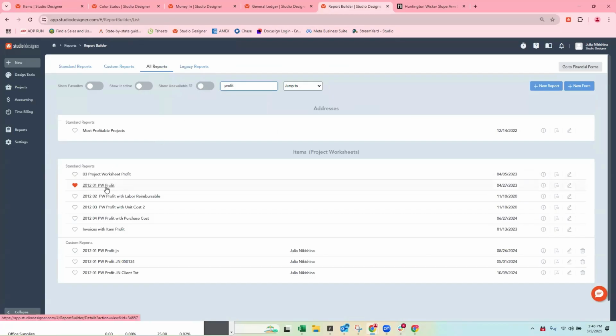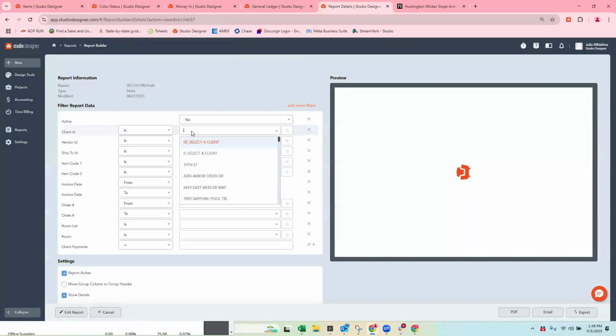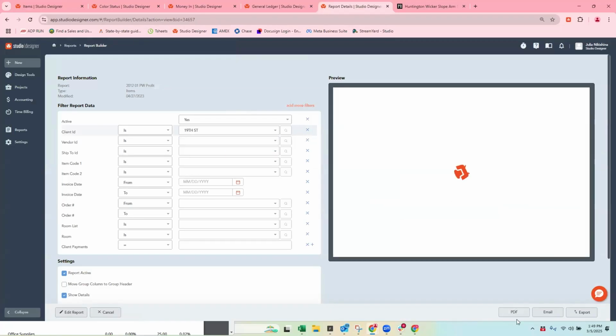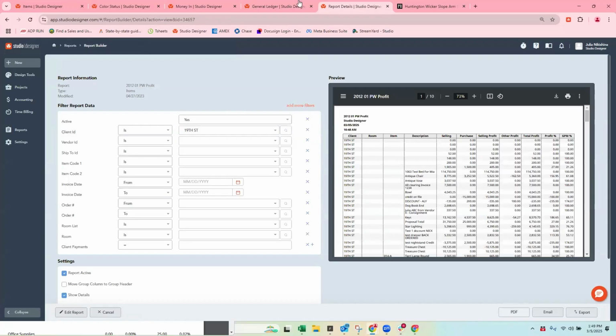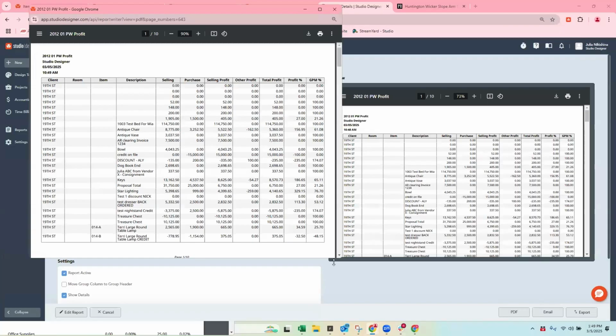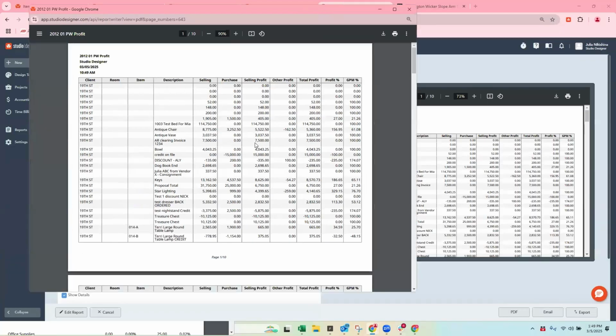It doesn't need to be every day, or even every week, but as you're closing out projects, this is a great report to pull. And I would actually add some filters into it. I would take out time billing. I would only look at product. I would narrow it down, sometimes even by vendor, to say, what's my average markup by vendor?